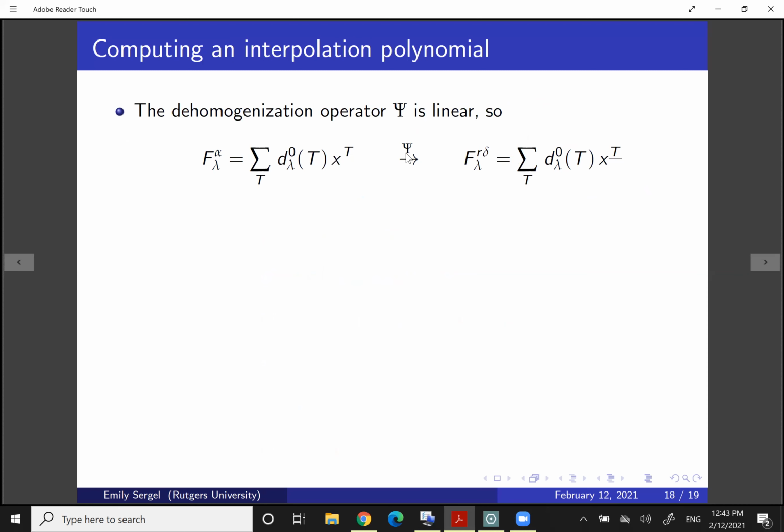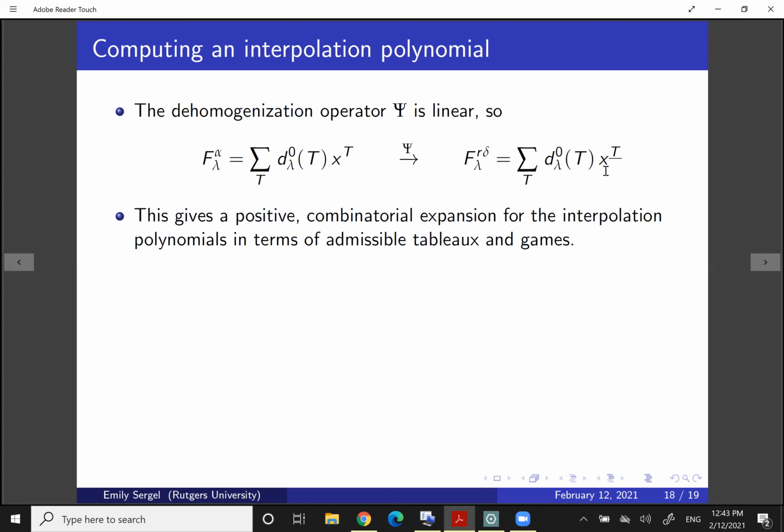And when I apply the dehomogenization operator to this expression, it tells me how to write the interpolation Jack polynomial in terms of the bar monomials. We get this positive sum over the exact same set of admissible tableau with the exact same weights, but now they're just being multiplied by bar monomials instead of regular monomials. So if I look at this two-step expansion, first from interpolation to bar monomial, then from bar monomial to games,